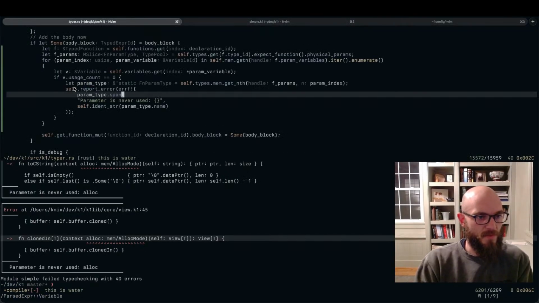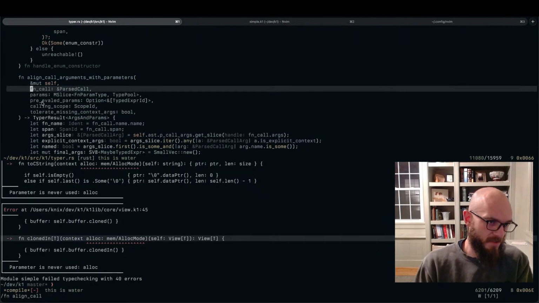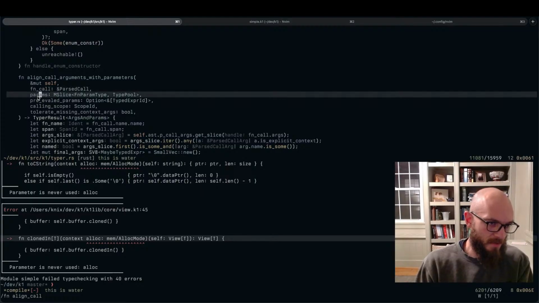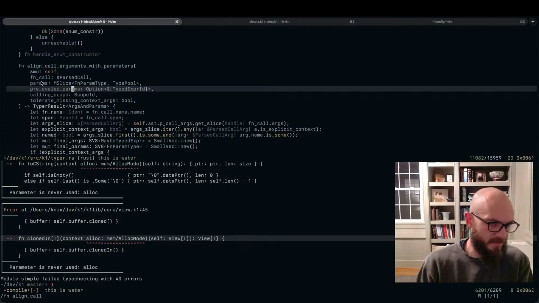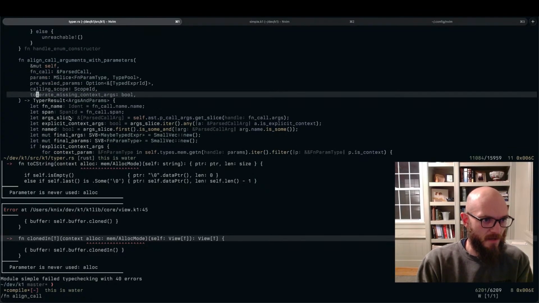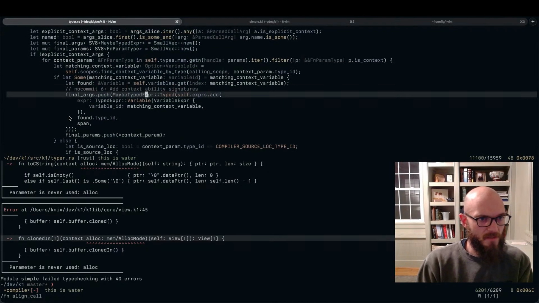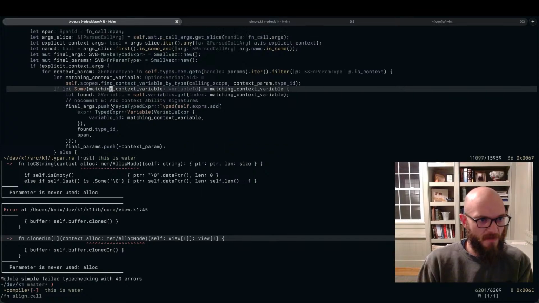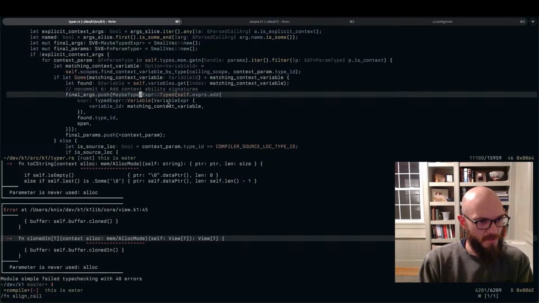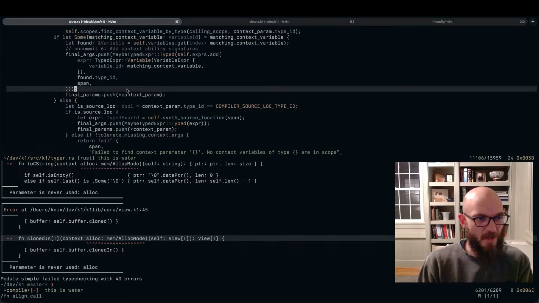So that's pretty simple. There's one place where we decide what's getting passed to a function, and that is align call arguments with parameters, which says, here's a function call that we parsed. The function takes these params. This is for synthesized code, so we don't worry about it. The function takes these params. So here's what the user typed, here's what the function takes, figure it out. And we've got context params and matching context variable. If I found a matching context variable, then I'm pushing that, so that is a usage, and I'm making a variable expr. So I wonder if we could have a helper that's like add variable expr, and that would increase the usages,